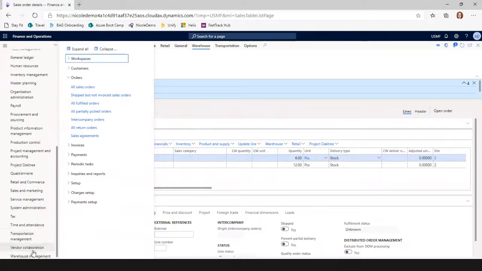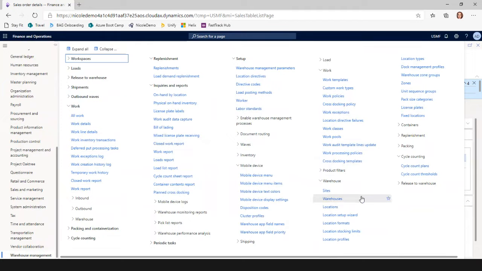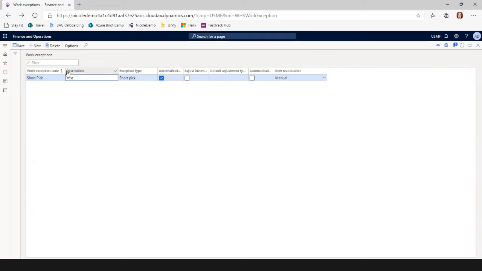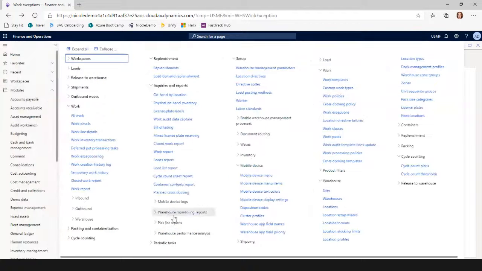One, that our work exception setup for short picking allows for reallocation. So if I look at, and I will filter for clarity, this is our short picking work exception that we're using in our workflow. It is set up for reallocation, manual reallocation. So the other troubleshooting tip is that we want to make sure that the user, so again, back to my user setup,